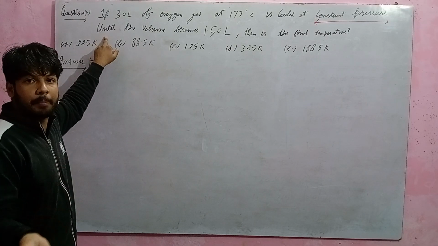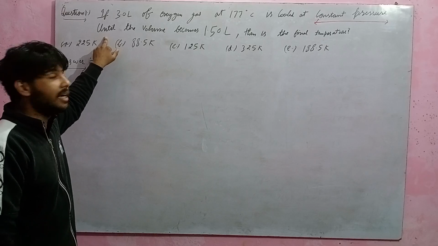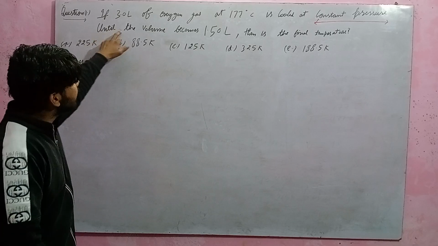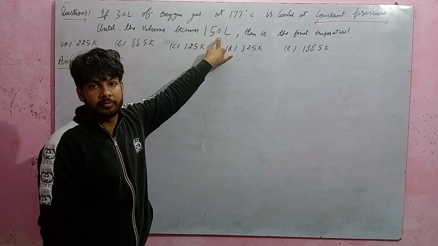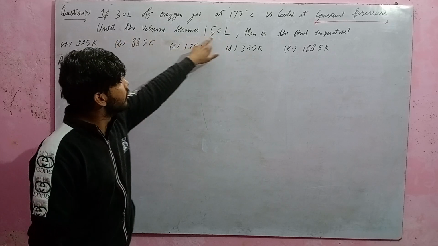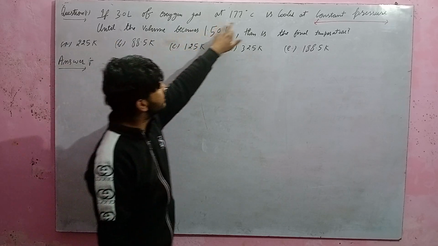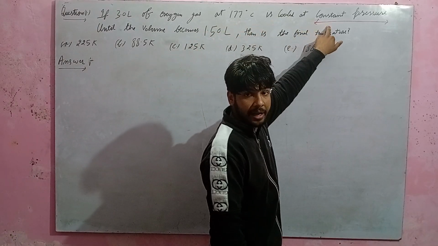When we decrease the temperature, until the volume becomes 1.5 liter, we should decrease the temperature with constant pressure